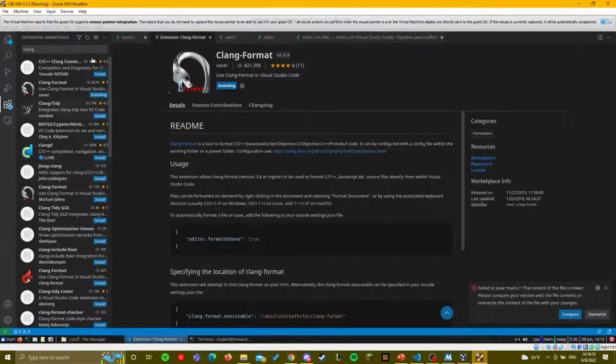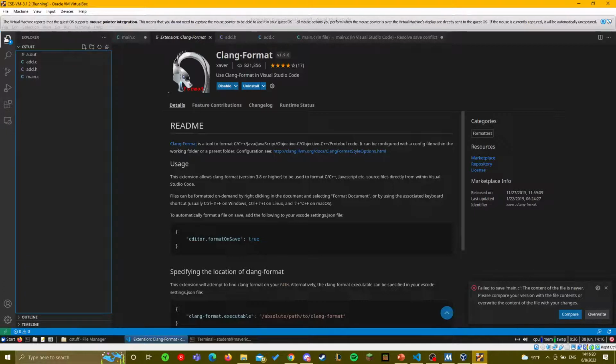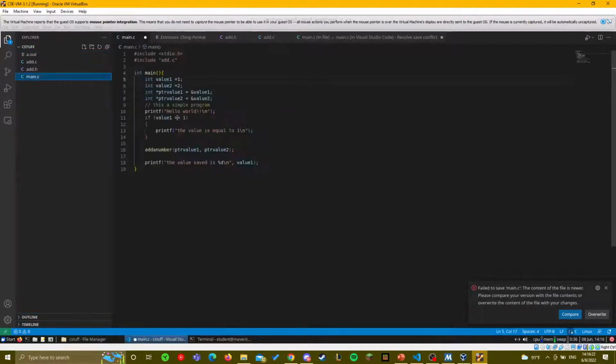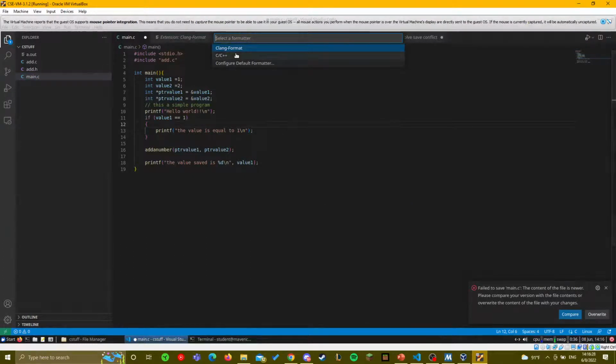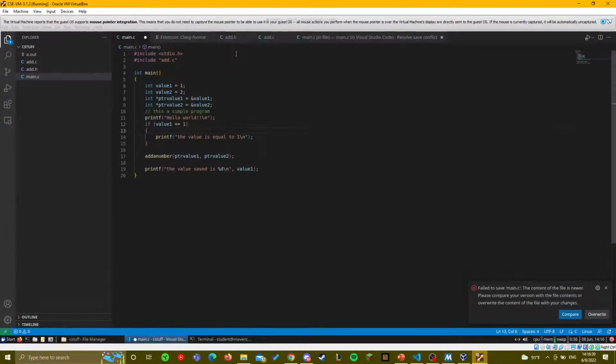I guess this is the perfect time to show you the formatting tool. You just right click, format. Since I'm running C++, it'll reformat everything the way it should. If your code is like mine, you have this kind of squinched code.